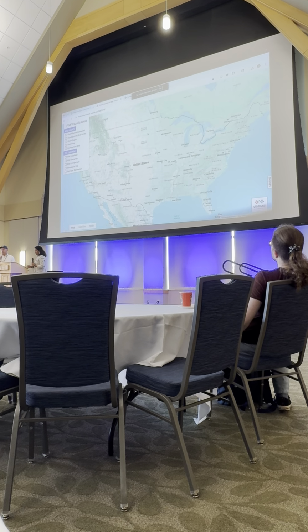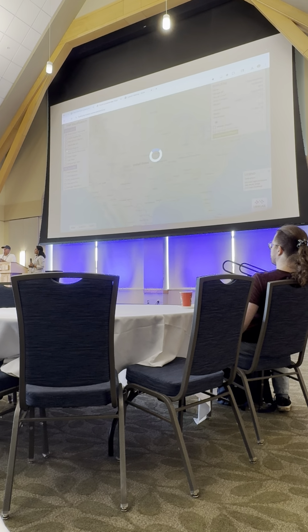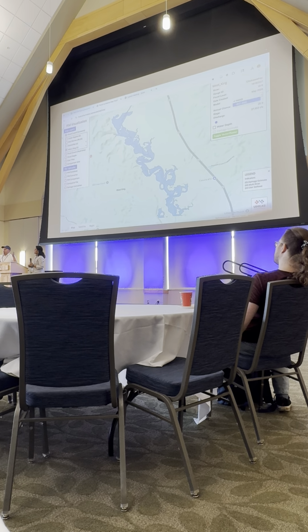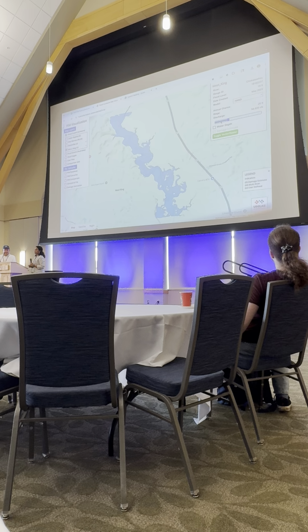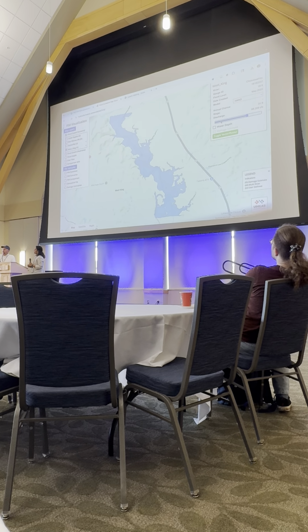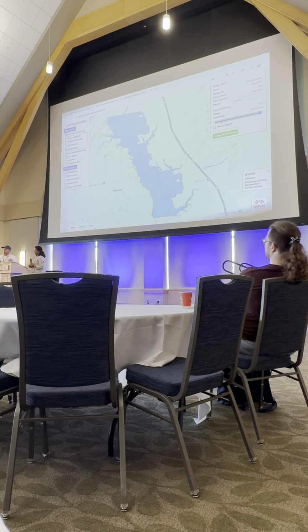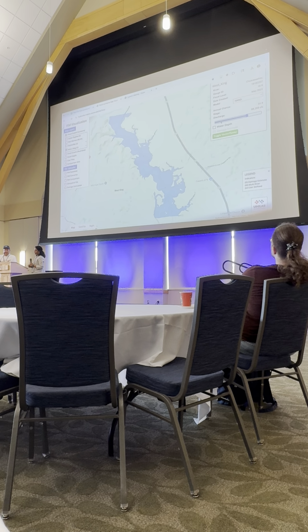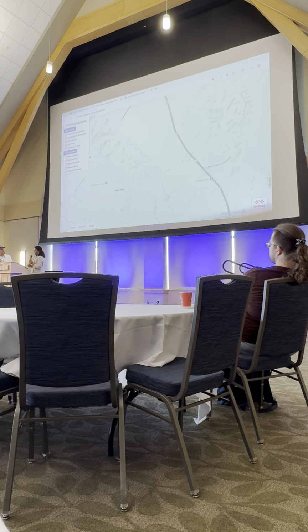I think if you go to Jim's white paper, the idea was, wait a second, if I run a 2D model or a 3D model or a HAND model, I'm getting the same output, which is effectively a flood extent and perhaps a flood depth map. What if we had a common way to store and manage all of that in HydroShare and then be able to retrieve it in different visualizations? So this is happening in parallel with FIMSERV and some of the FIM modeling that the Alabama team is doing.